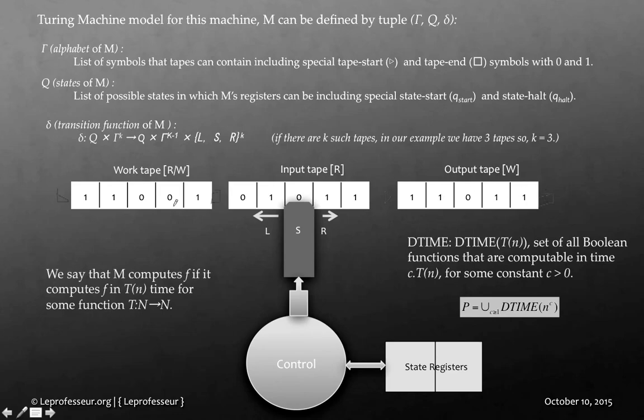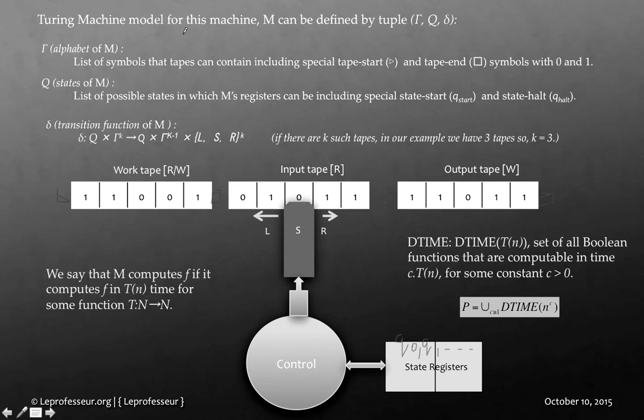Okay, so let's assume we have one head, and this head can read from the input tape, read only. It can read and write onto the working tape or our work area, and it can write onto the output tape, or output area. And we have state registers where we store the states, say in which state our machine would be, Q1, Q2 and whatnot. So this is a fairly simple model of this machine.